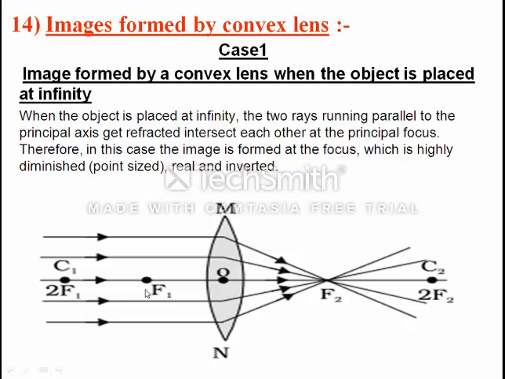And we have learned the rule in the case of lens. If the rays are parallel to the principal axis, after refraction they pass through the focus in the case of convex lens, and in the case of concave lens they seem to pass through the focus. So here it is a convex lens. All the rays which are parallel to the principal axis, after refraction pass through the focus.